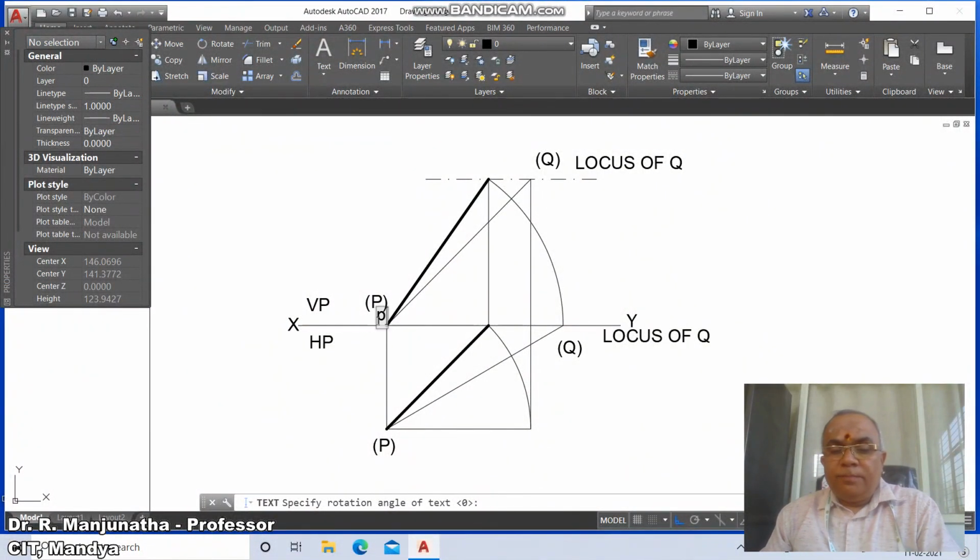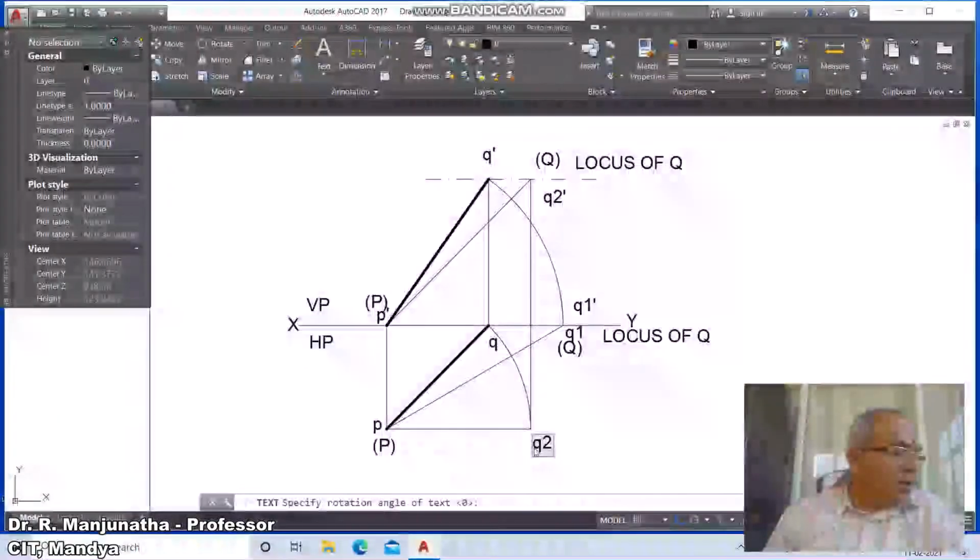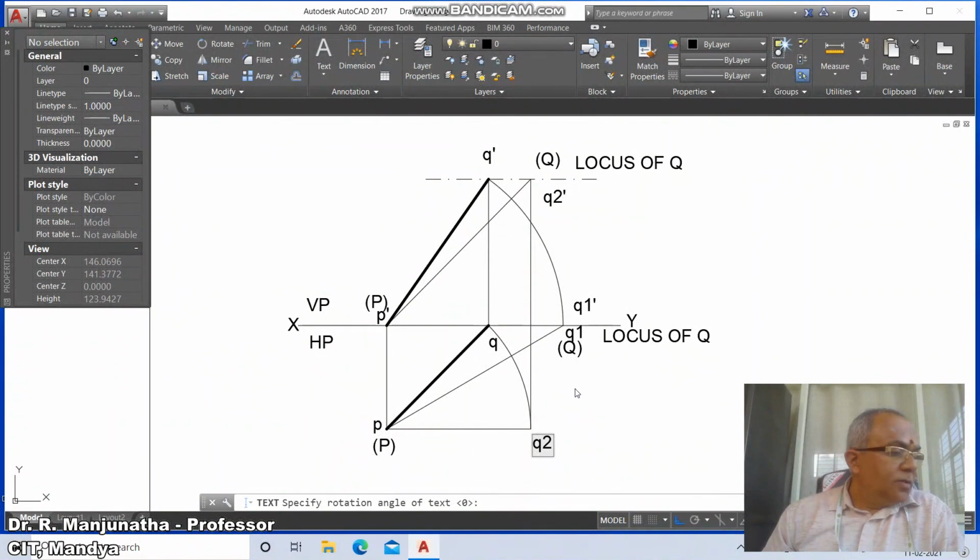Now we'll go for P dash, and this is P, and this is Q, and this is Q1, and this is Q1 dash, and this is Q dash, and this is Q2 dash, and this is Q2. Okay, and so these are the things which you're going to get.